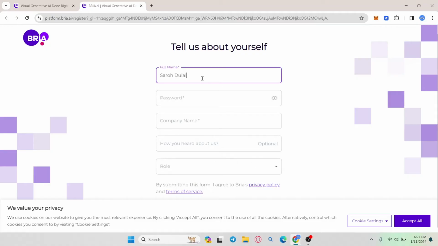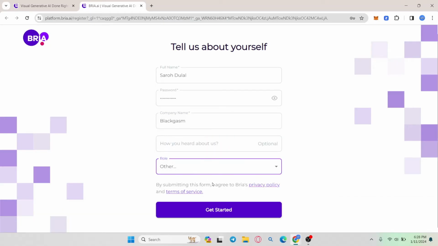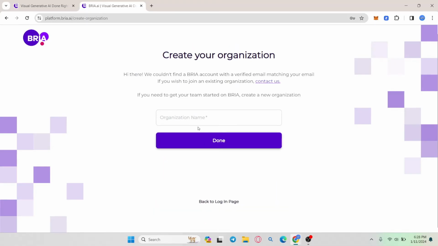You will then be asked to enter your information. Type in your full name followed by your desired password and enter your company name. Then enter how you heard about BRIA AI, which is optional, and you can also choose your role. After entering all of these, click on the Get Started button, and now you will be asked to enter your